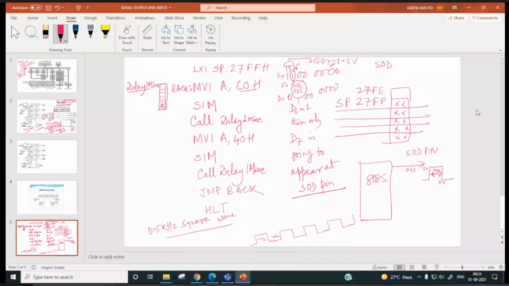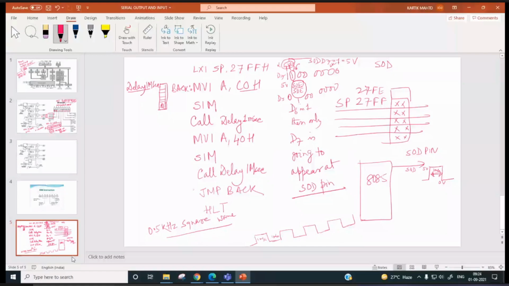Sir, one doubt. Yes. Sir, you said about the D7 and D6 pins. If D6 is 0, then do we get a 0, 1, or high Z? That symbol I have drawn over here is going to be wrong. It's not an AND gate over here, but the serial output enable. I'll just go back to some book.